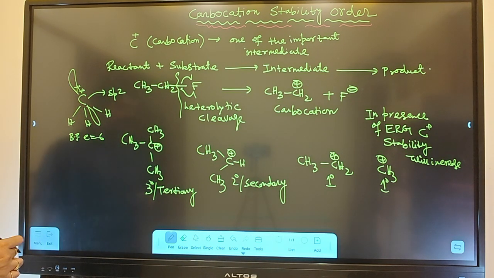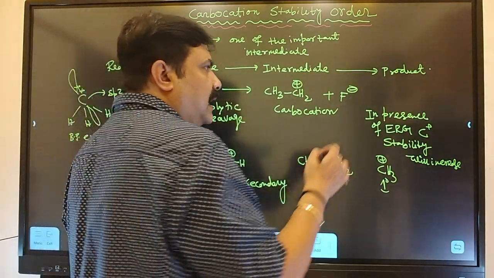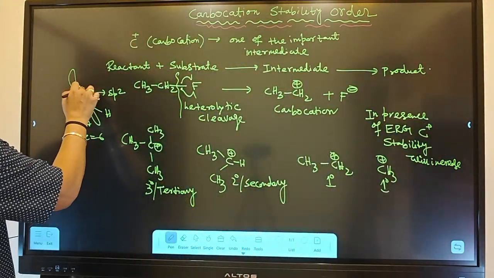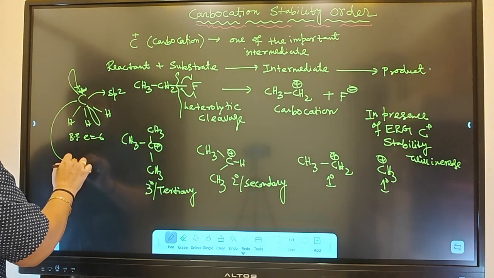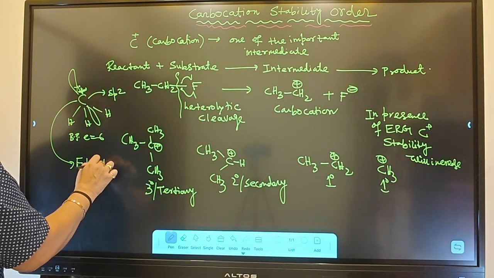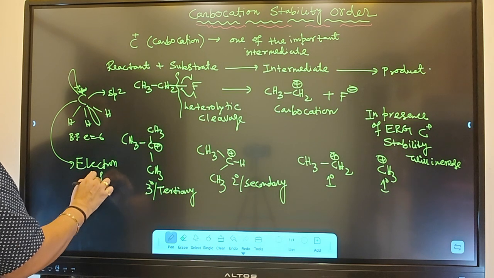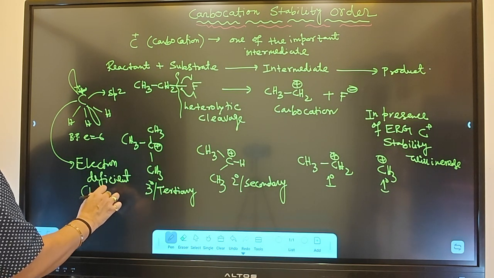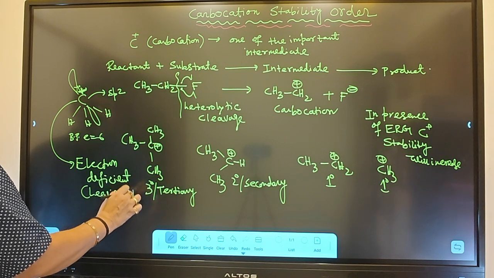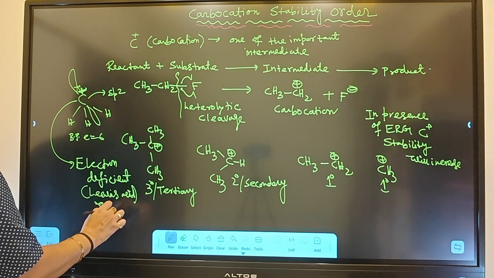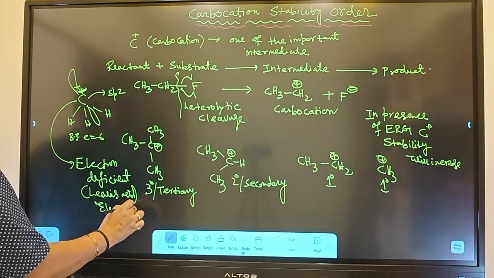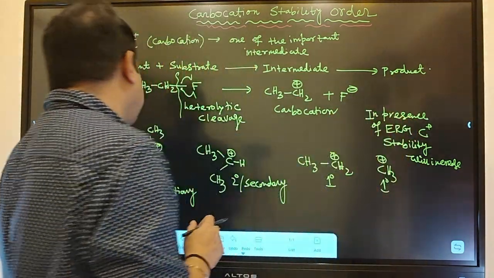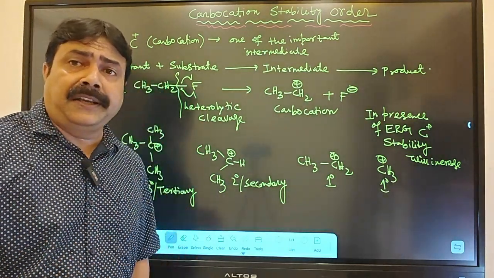That means in the presence of an electron releasing group, carbocation stability will increase. Why? Because there is a plus charge on carbon. This is electron deficient, so it can act as a Lewis acid. Also it can be an electrophile. So that's why in the presence of an electron releasing group, as it is electron deficient, the stability of the carbocation will be